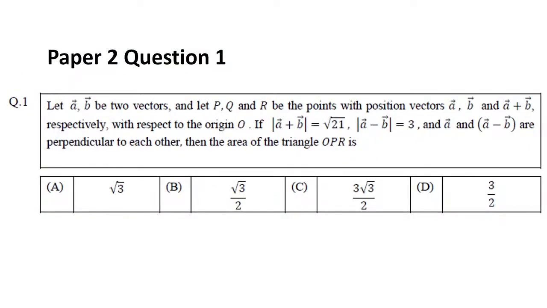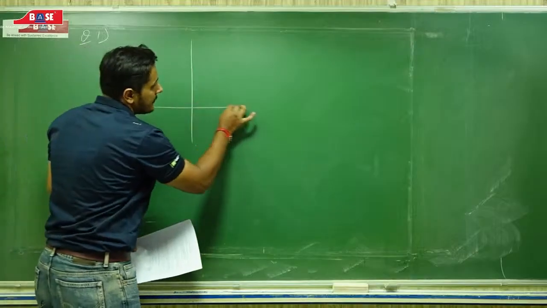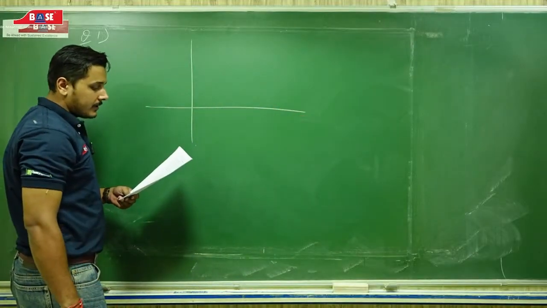Hello students, again now I am solving paper 2 from question number 1. Question number 1, as we can see, it's a question from vectors. The information given in the question is that we have 3 vectors, so let me take 3 vectors. One vector is